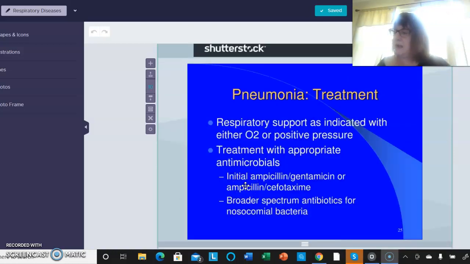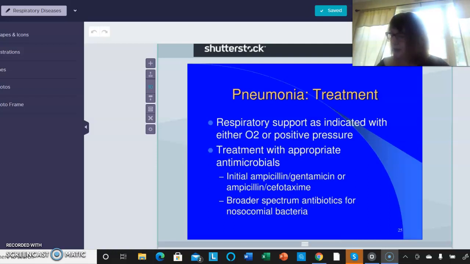Diagnosis of pneumonia can be through a history and physical exam, chest x-ray, blood tests, sputum culture, pulse oximetry, chest CT, bronchoscopy, and pleural fluid culture. The treatment of pneumonia is oxygen and antimicrobials, ampicillin, gentamicin, or broad-spectrum antibiotics for nosocomial bacteria. In addition, the child may have supportive treatment such as increased fluid intake, cool mist humidifier, Tylenol for fever, cough medication,